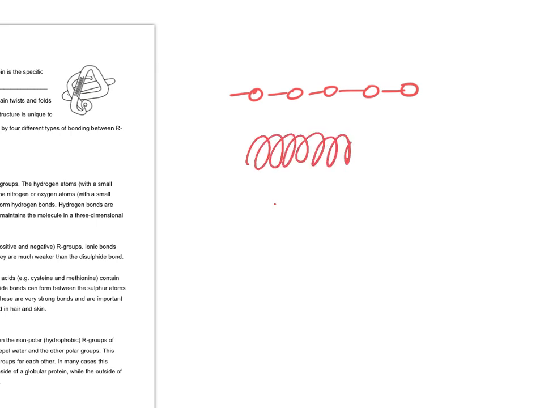Tertiary structure. So we've said we've got all these amino acids joined together. And then they'll coil up. But if, for example, there's a sulfur group there and there's a sulfur group there, they will be,